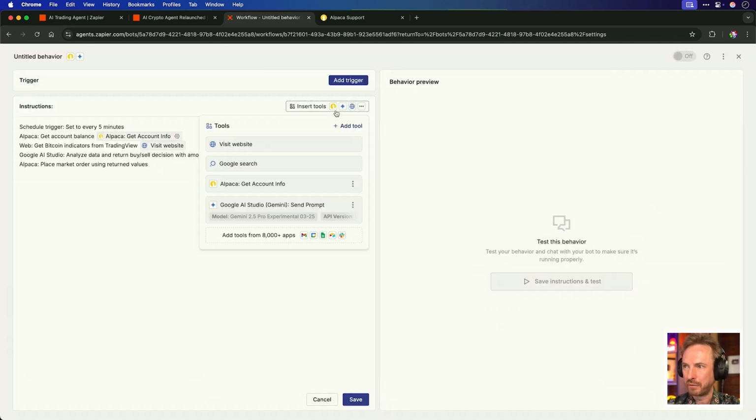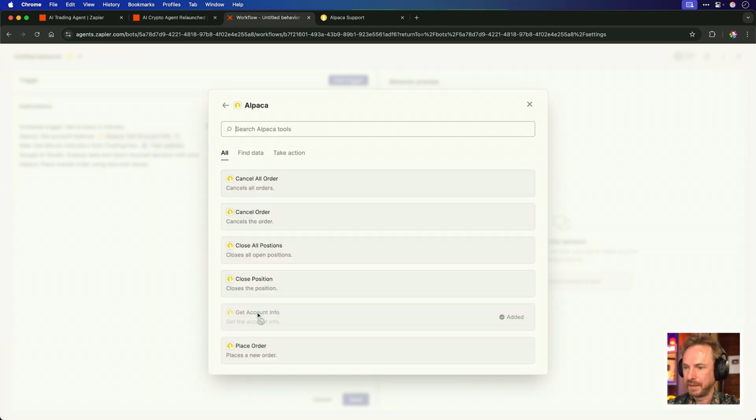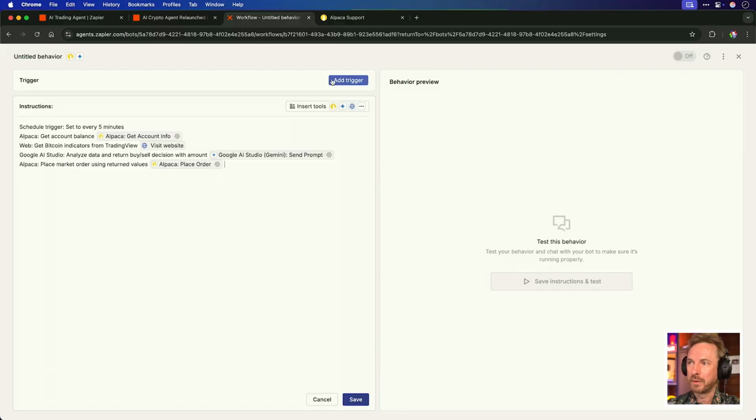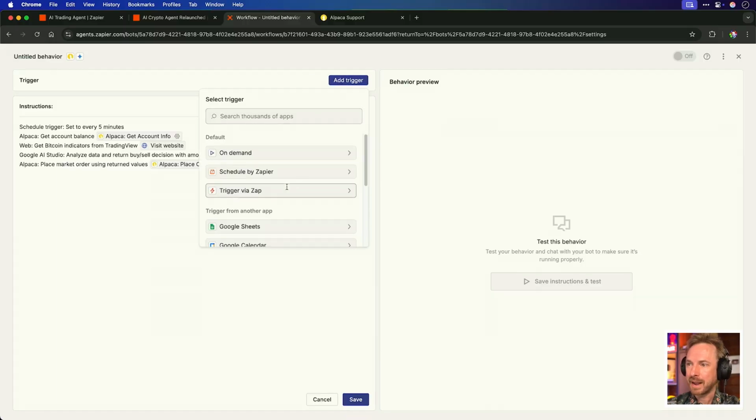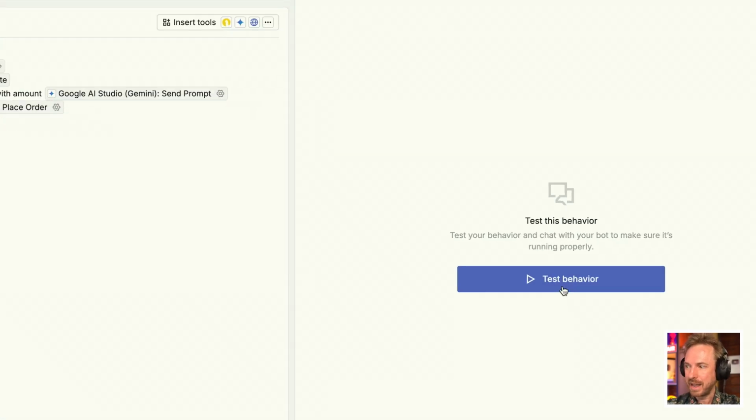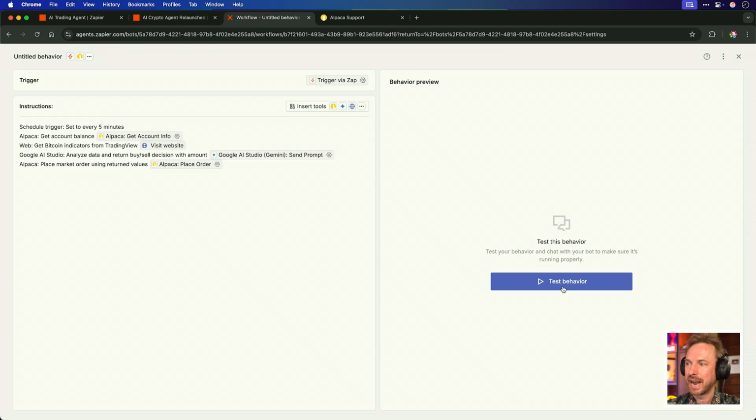And then finally, for Alpaca again, we'll insert it. And this time we want to place an order, leaving all the fields blank because AI will make the decisions for us. Now that we've done that, we can trigger it via a Zap that we can run every 5 minutes and save what we've got. Now with that all done, let's test the behavior over here and see our agent in action for the first